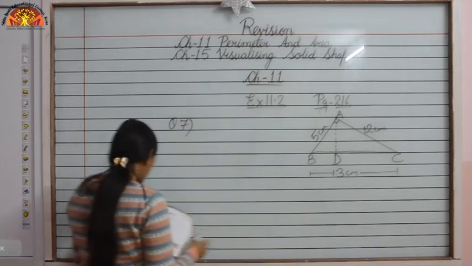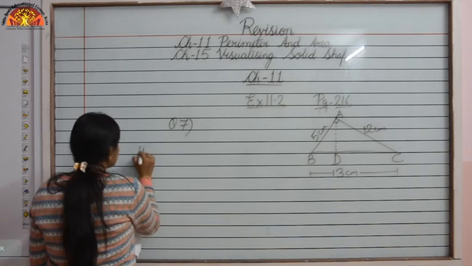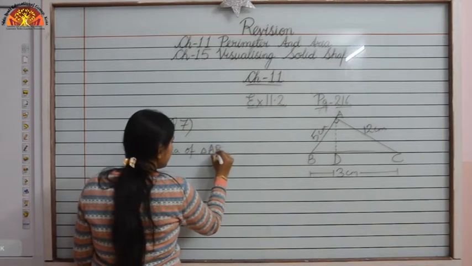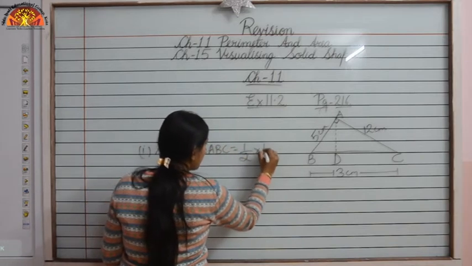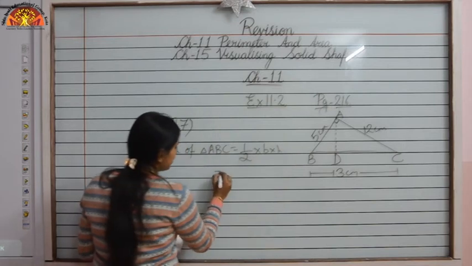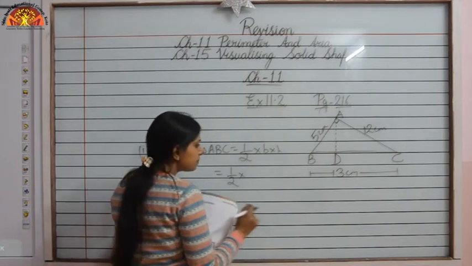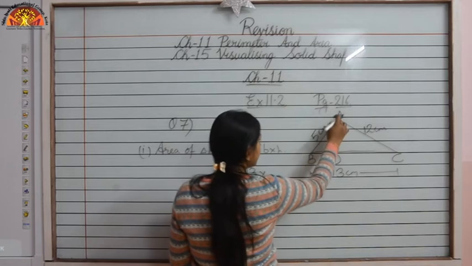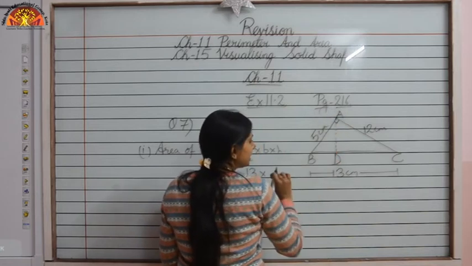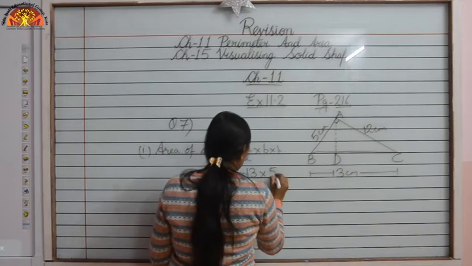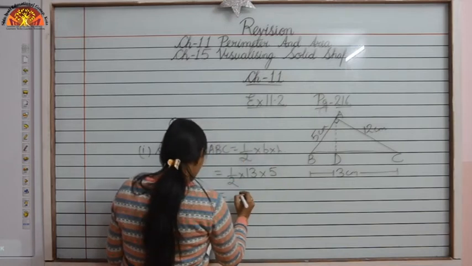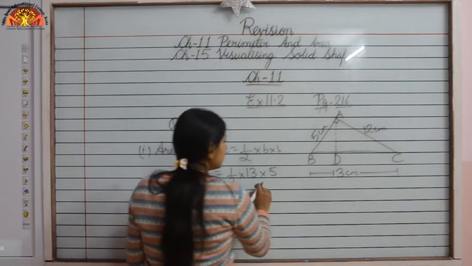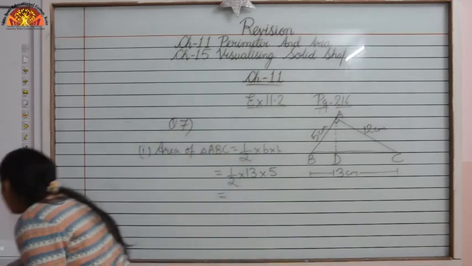As you know the formula for the area of a triangle, we can just apply the formula. Area of triangle ABC is equal to half into base into height. So we'll just substitute the values, half. What is the base over here? That is 13, BC. And what is the height? As this is the angle of 90 degree, that means 5 centimeter is the height. So 13 5s are. So we can just find out the area children.